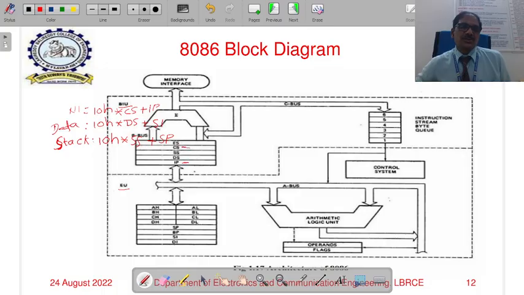These two are used for calculating the address of the next instruction, and we have used the stack segment, data segment, and source index or destination index or base pointer for calculating the address of the memory where data is available. And for the stack, this is the stack segment and the stack pointer. These contents will be used for calculating the 20-bit memory address for either reading the data from the memory